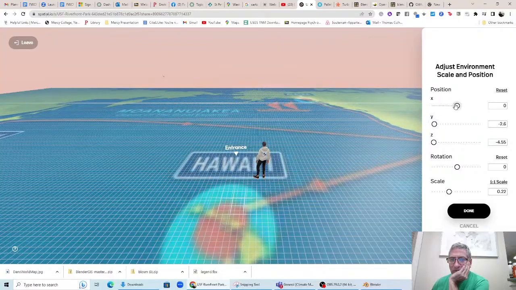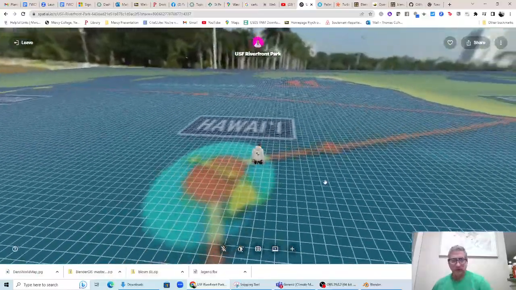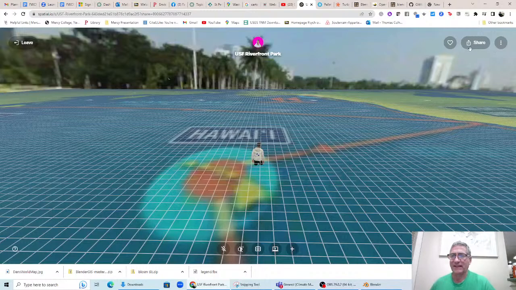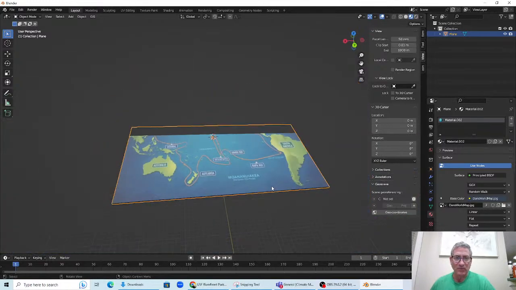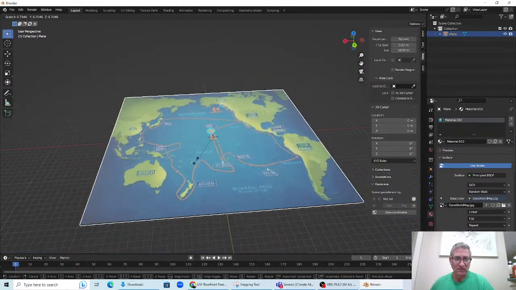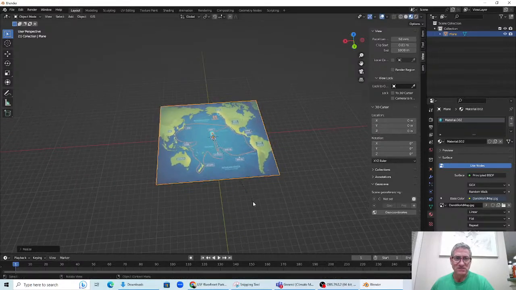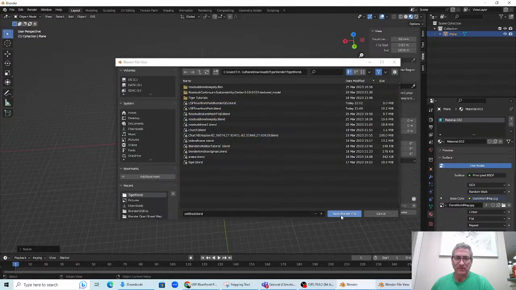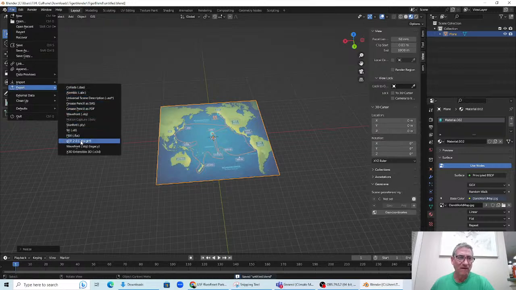So there's always weirdnesses with this. It's still like falling through, which is crazy. And I don't know why that is. So maybe in this case, we want to make this smaller. So we'll scale it down. And then we'll save it and export it. Oh shoot. Okay, export it and